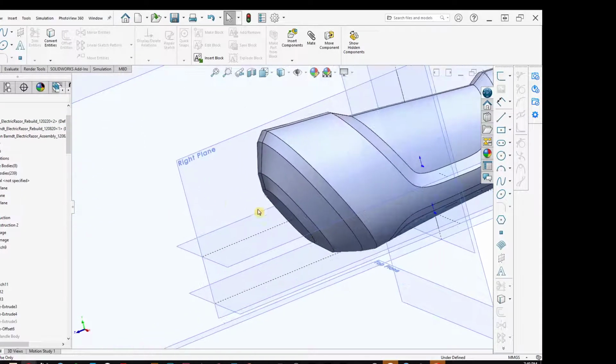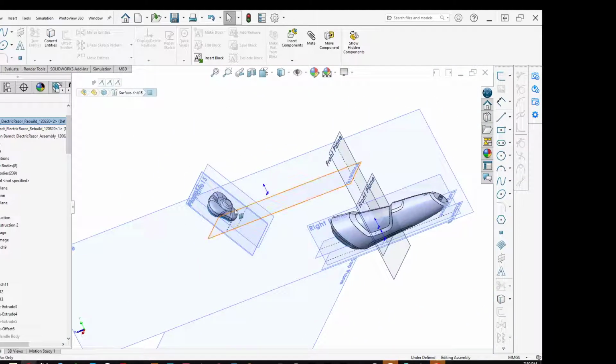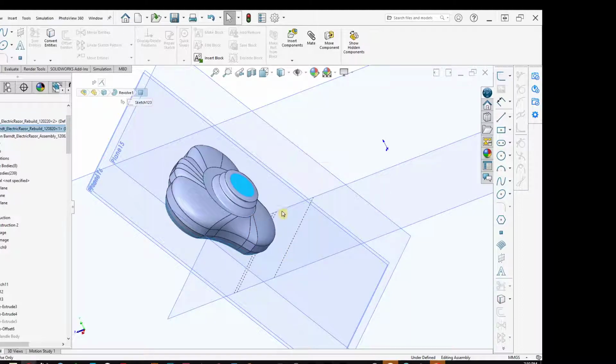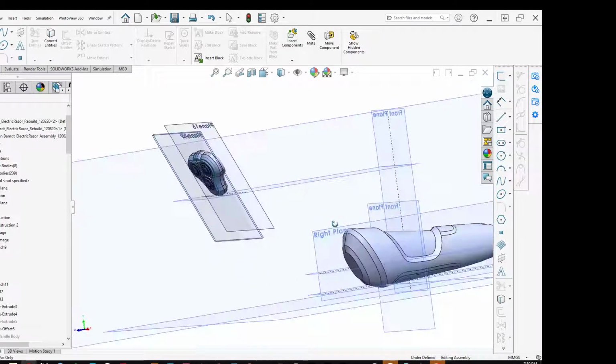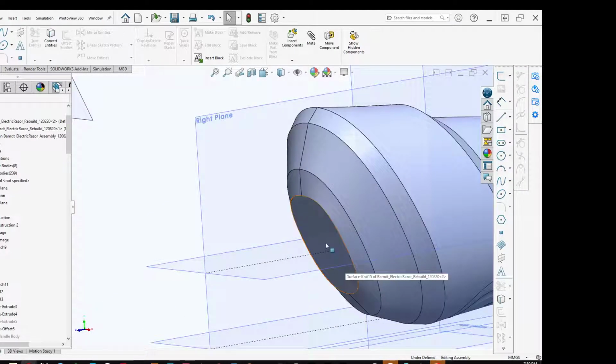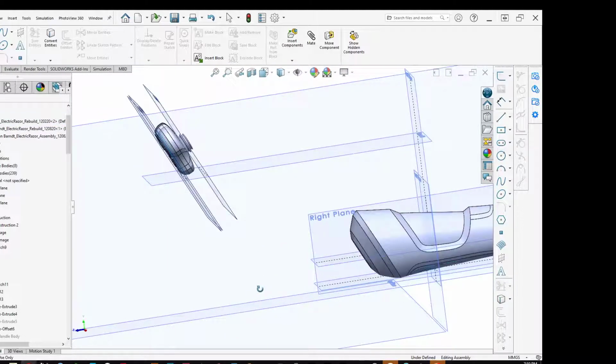Okay. So I could create a plane on there, and I could create a plane on here, and then I could mate them. Well, a different way of doing it, as long as this is a flat surface, is this: